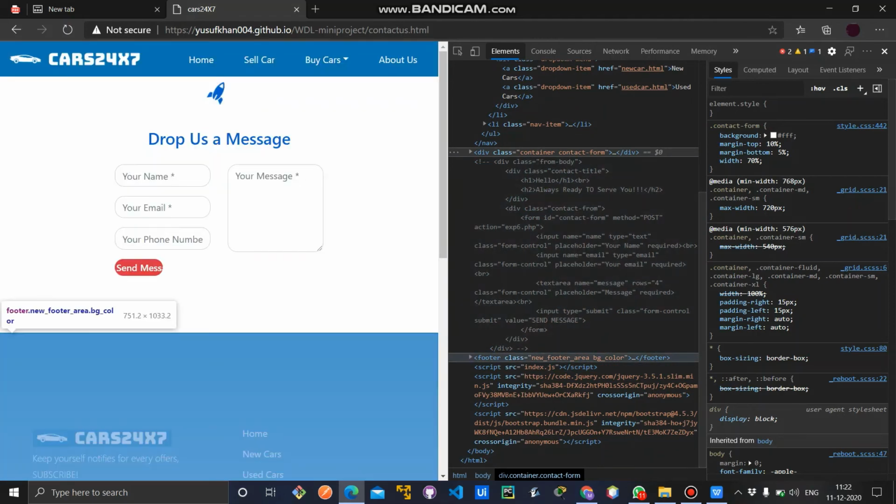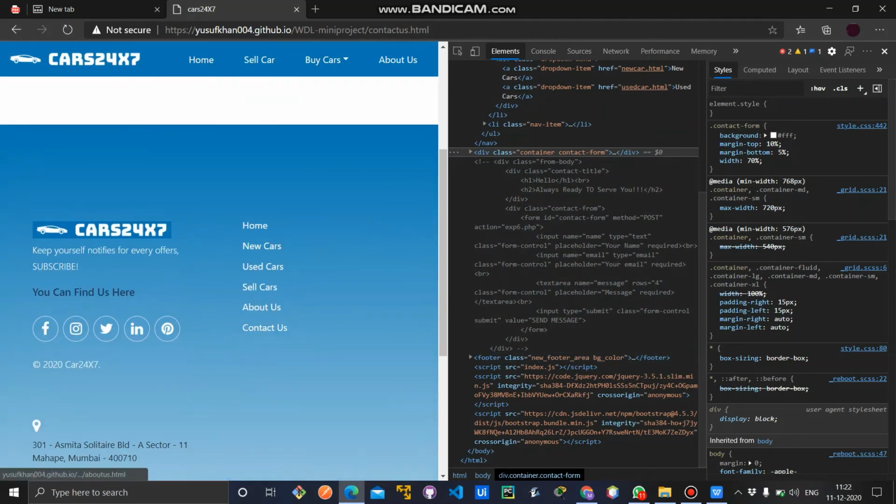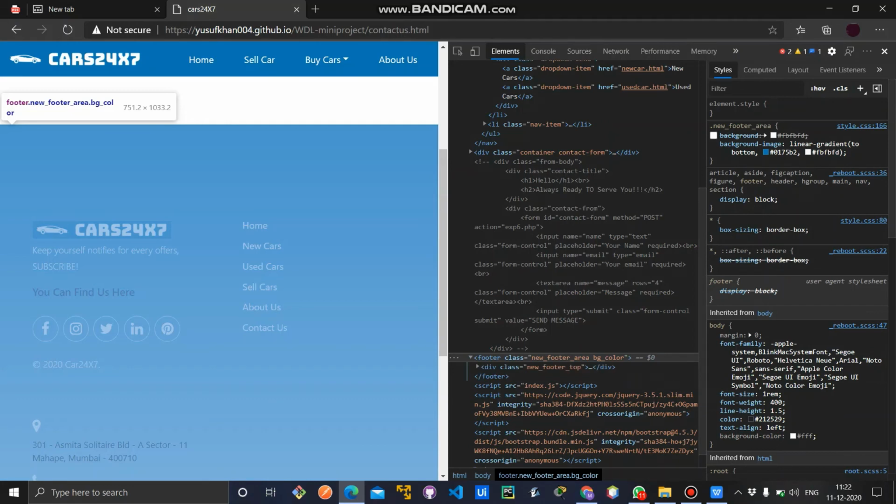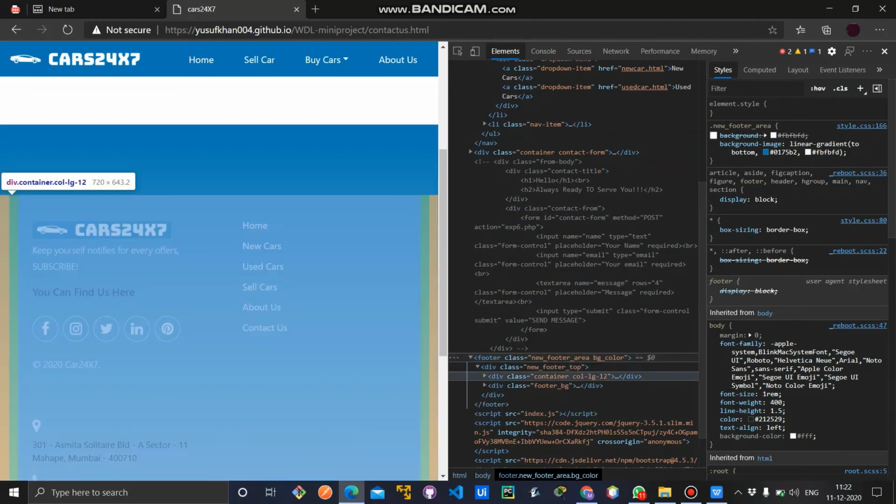This is the footer, as you can see. The footer has a division class under the footer top. This is the footer top. In this you have a class container.